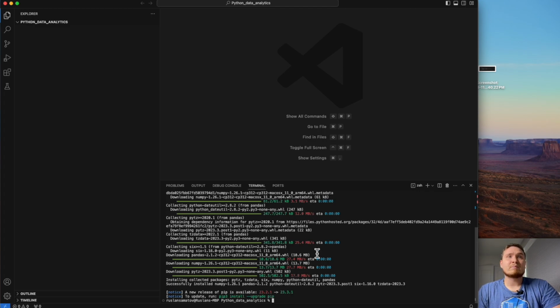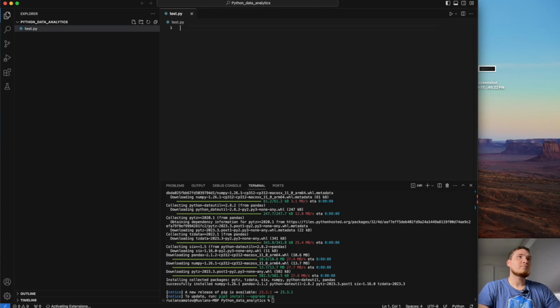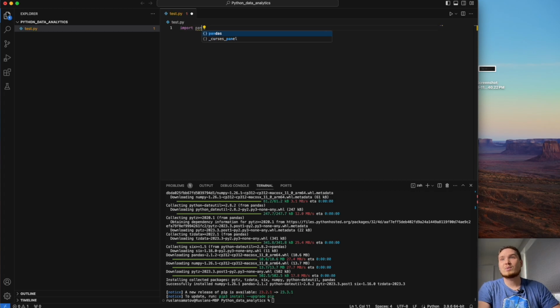So now the pandas library is here. How can we check that? We can create any file, let's call it test.py, and we have our test file, and we can type import. This basically tells Python to go to the specific library, import and check pandas. As you can see, it's already here, so basically I can import it. So the pandas library is here. It says it is not accessed. Import pandas could not be resolved from the source. View problem, quick fix.